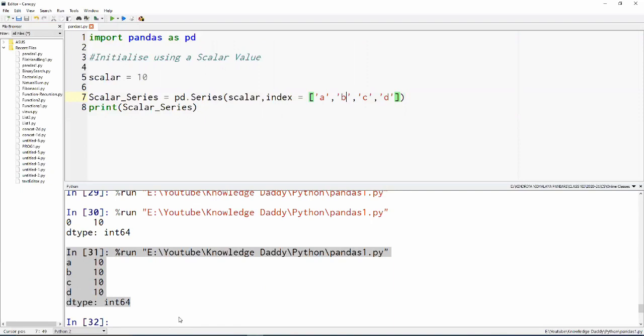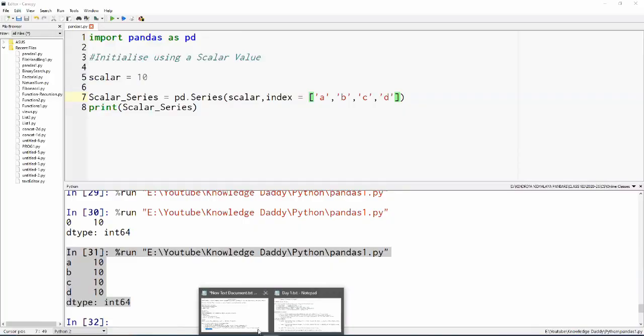Okay, it was very, very simple. I don't think there is going to be any issue understanding all the 4 methods of initializing a series.